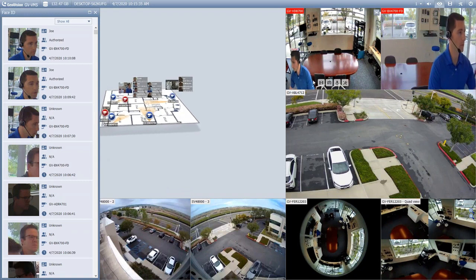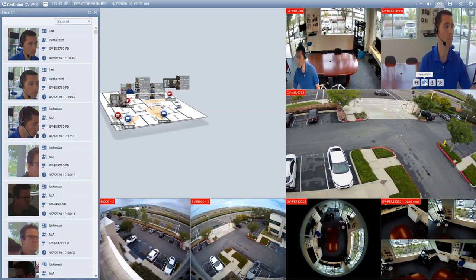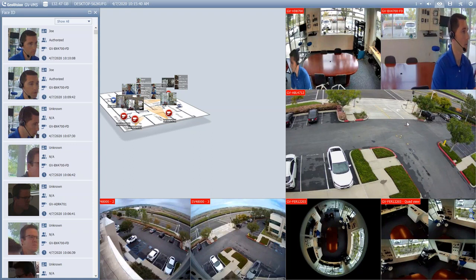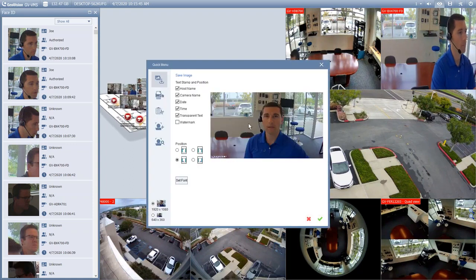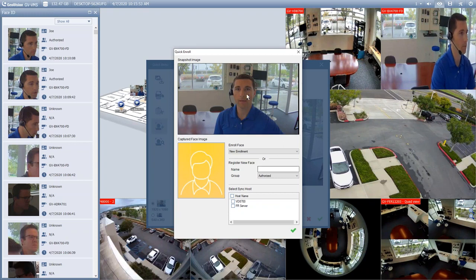As far as enrolling faces, as I mentioned, it is a very easy process. So upon live view or playback view, you can look at a camera, hit the snapshot button, and what it will do is pull up this window right here. You can hit the enroll face button. Once you determine that that's a good face that you want to enroll, click the check mark, draw a box